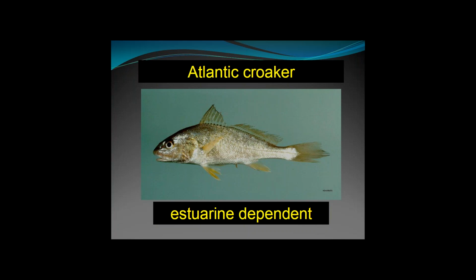Now this species, like a redfish, it's a cousin of a redfish, is estuary dependent. And you can tell it's a benthic species because it's relatively flat on the bottom, and it also has a subterminal mouth. The mouth ends before the nose. It's got a bit of a nose there, and the anchovy's got a bit of a nose, but this has a whole honker, and so does the redfish, especially the big redfish. You'll see they have a big old nose, and that tells you that this fish, the mouth is on the